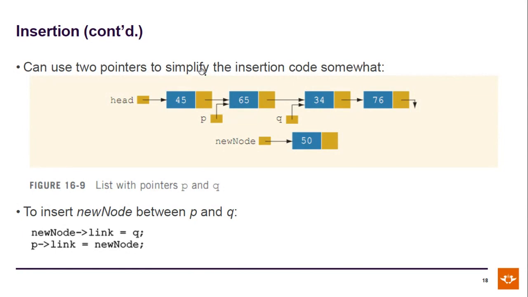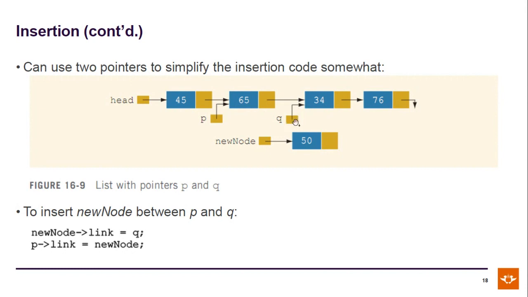Okay, so let's just see. You can use 2 pointers to simplify the insertion code somewhat. If you feel that will make it simpler, you still have your p pointer that points to this location of the list, and then you have the q pointer that points to the next location of the list. Basically what you would do here is you just say new node link is q link, and then you would just say p link is